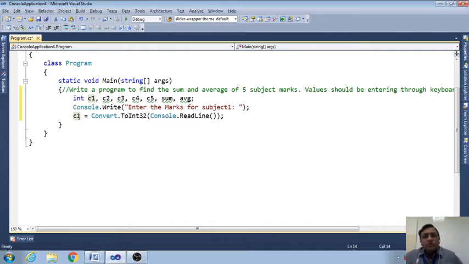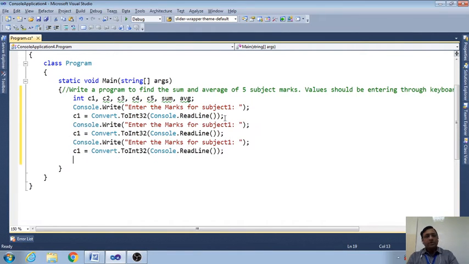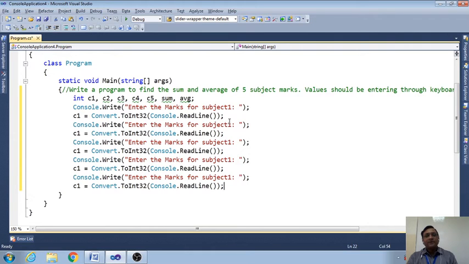Okay, so the same task I have to do for course 2 or subject 2, course 3, course 4 and course 5. So what I am going to do is copy and paste it. This is for 2, 3, 4 and 5, and here I will change it. This is 2 and this will also be 2, this is the 3, this is the 4 and this one is the 5, and this one is 3, this one is 4 and this one is 5.